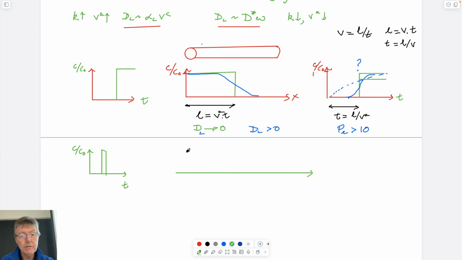Then we know that that would look like this as we went downstream. I suppose if it's plug flow and it's only one-dimensional, you'd expect it to look like this at each of the 3 successive times you might choose. But if it's dispersing, then I suppose you might expect it to look like this,